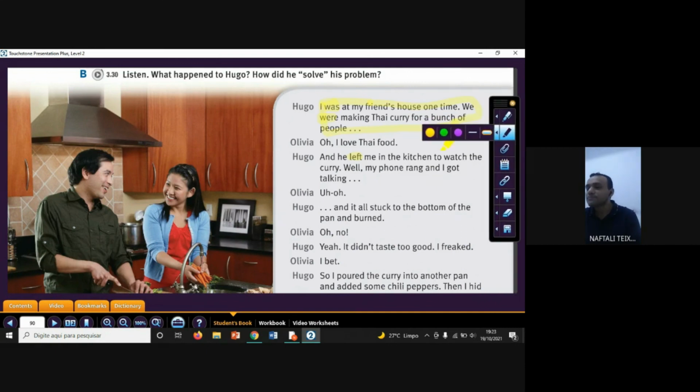What else here? Here. What is the irregular verb? Stuck. Yeah. Stuck, yes. And? Burned. Yeah, burned. Perfect. Next. Nós temos aqui o verbo auxiliar, né, do passado simples, né, gente? Que é o did, né? Que acaba sendo um verbo irregular, não é? Ele sendo um verbo lexical que indique uma ação em uma frase, né? O do, o did. Mas aqui ele está como verbo auxiliar. What else?